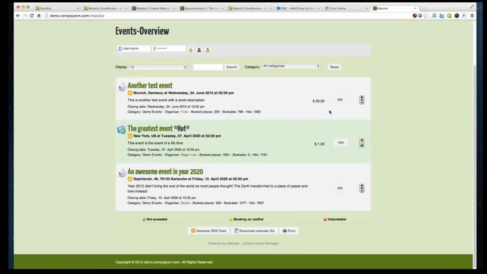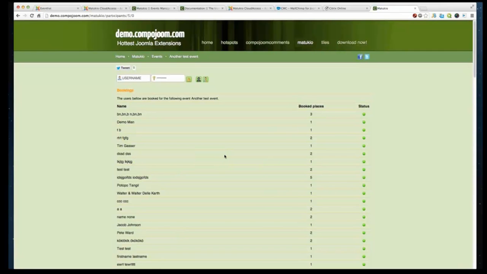Every user or every visitor can see every participant at the event. This is going to take some time, many users. And as you can see, every user can see every booking of the other one and the status of the booking. This is nice for closed websites who are managing events for a local group, for example,